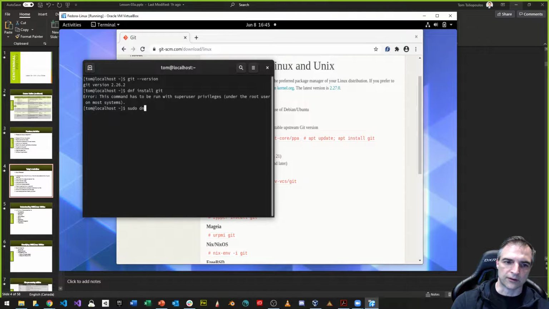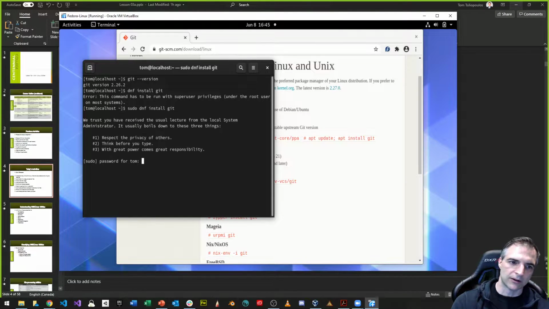You can do the same thing. So DNF install Git. You just add the command after the sudo, all right? And then when I press enter, it'll say, we trust that you have received the usual lecture from the local system administrator. It just usually boils down to these things. And guess what? I'm the administrator. But what this tells me is, once I use this, I have the power to destroy my machine, right? So I'm going to put my password in there, and if I typed it right,